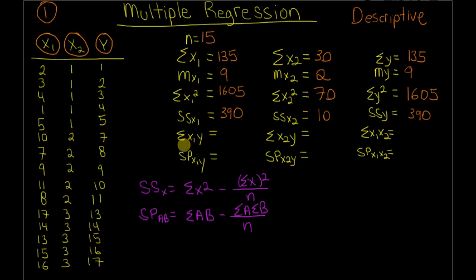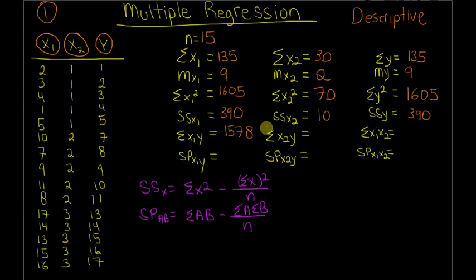Now here we're going to be starting to multiply these variable values with each other. Here we have the sum of x1y. So basically what you're going to do is multiply the x1 value by its corresponding y value, and then do that for each of these rows, and add them up in the end. So it's 2 times 1 plus 3 times 2 plus 4 times 3 plus 1 times 4 plus, and you go all the way down to the end. And when you do that, you should get